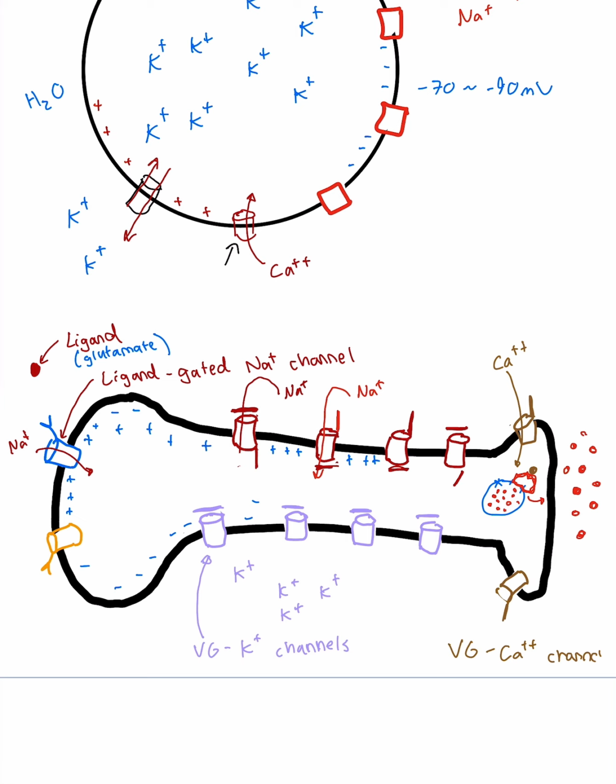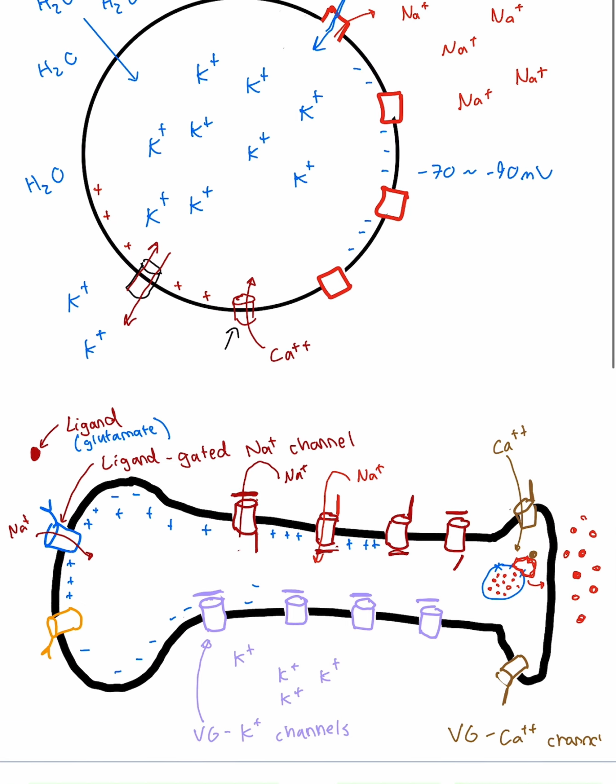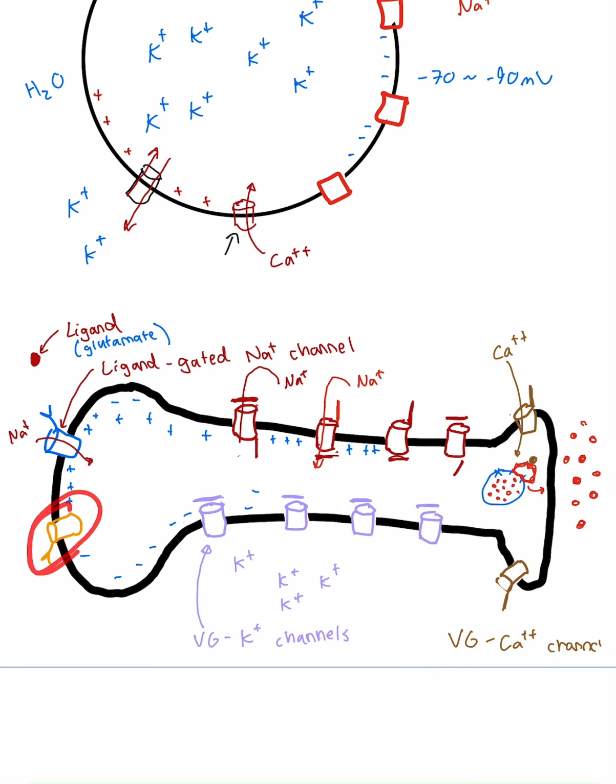So overall, this was kind of an introduction, or just a diagrammatic way of drawing out action potentials and understanding the movement of ions, potassium and sodium being pumped out of the cell actively, and how different channels can influence the wave of depolarization of the cell. But there's also a different type of channel called the ligand-gated chloride channel, which introduces a no vote to the system. So typically ligands like glutamate that bind to a ligand-gated sodium channel and allow sodium to move in,